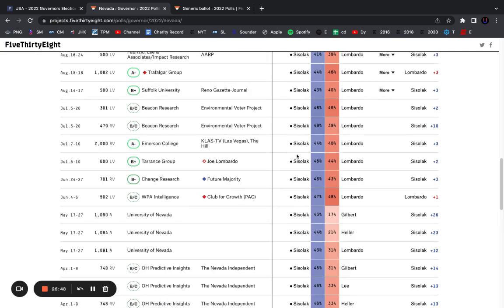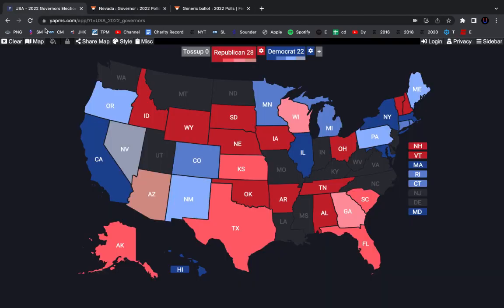Then in these other better polls, he's still down, and even in his own internal, he's down by 2. And again, when you're down in your own internal, that's really not good. So I'll just keep it as tilt D for now. I would not be stunned if Lombardo wins, but the polls right now are just really bad for him, and he needs to narrow that gap a little bit for me to have him favored.